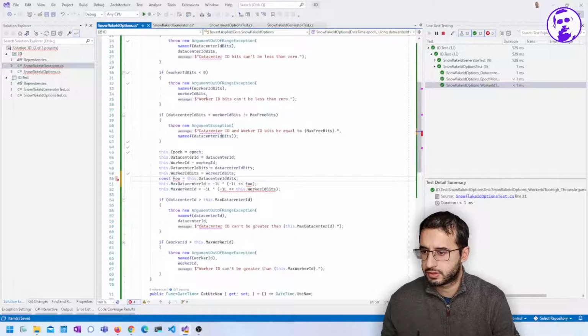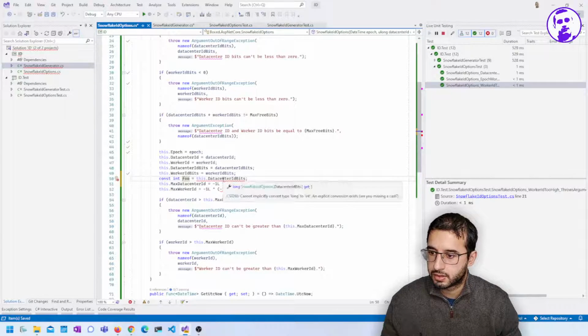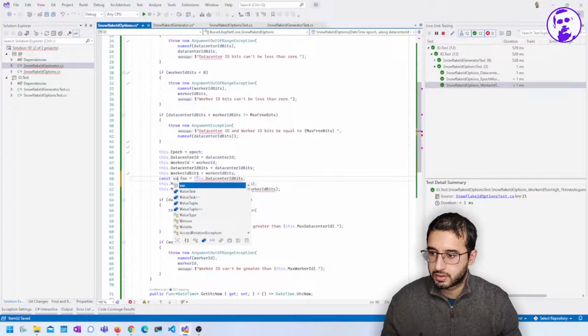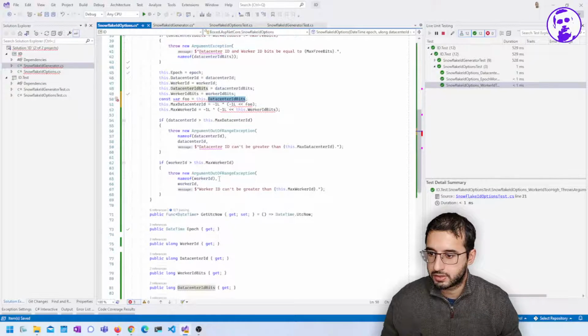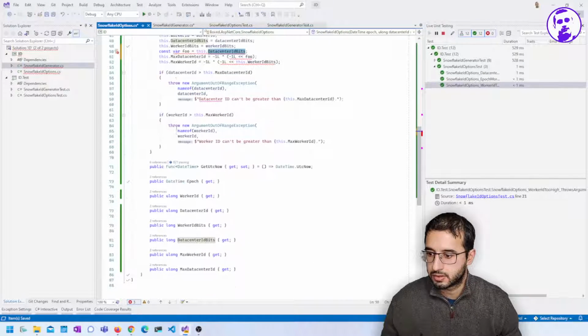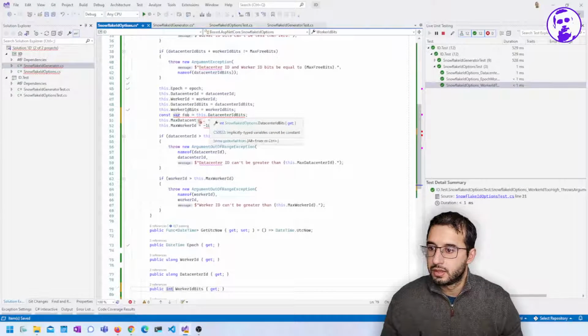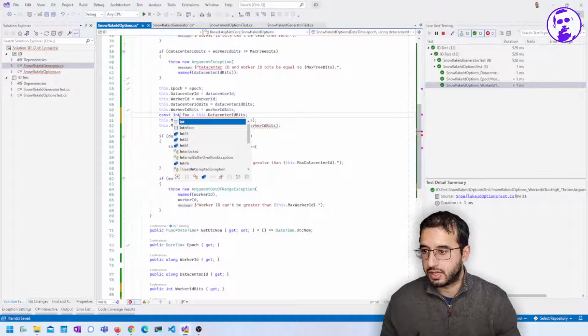Const data center bits. What is this? A long. This was an int before, wasn't it? So if I do that,